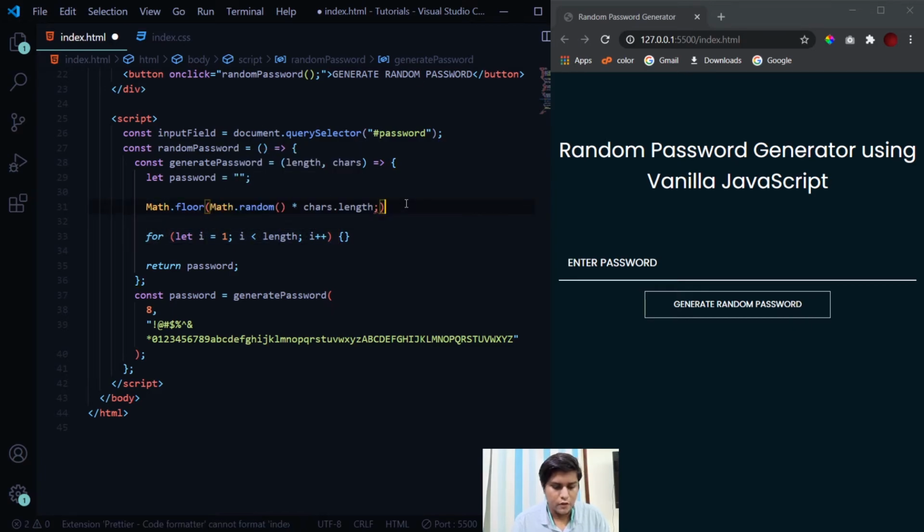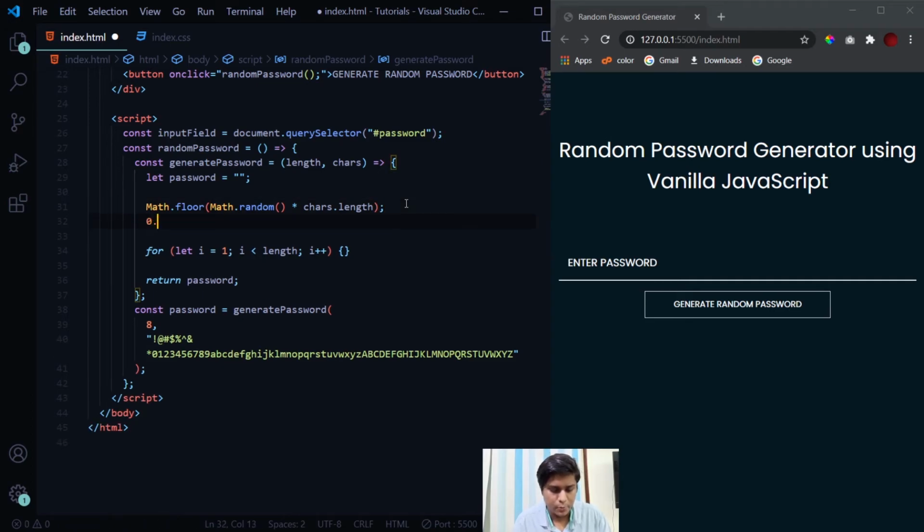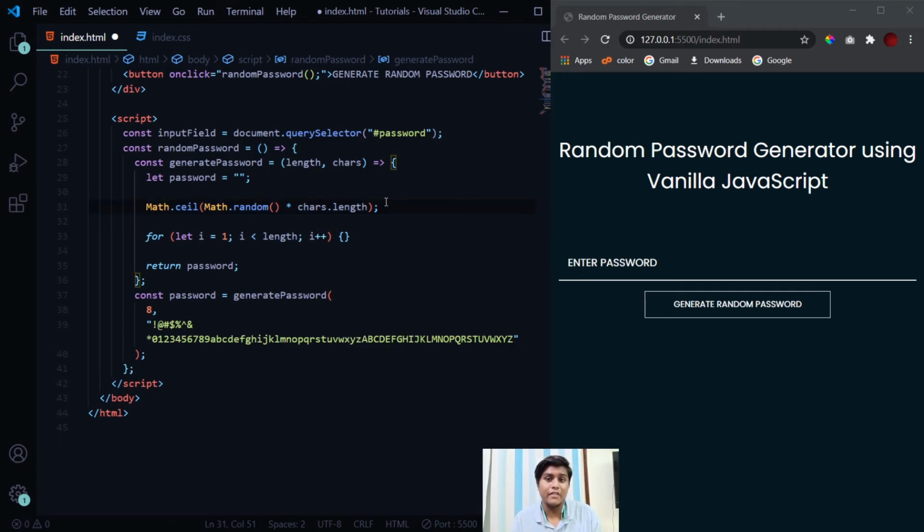What this math.floor does is it rounds off the decimal numbers. Like if it is 0.5, it will round it off to 0. If it is 0.8, it will round it off to 0. That means it goes down to the least possible integer. We also have another function which is math.ceil. The difference between math.floor and math.ceil is that math.floor will round it off to 0, but math.ceil will round it off to 1. It is exactly similar to what we have in our houses. The floor is the bottom part and the ceil is the top part.